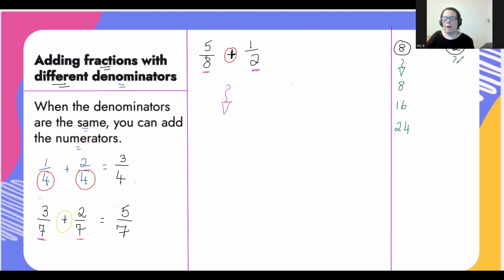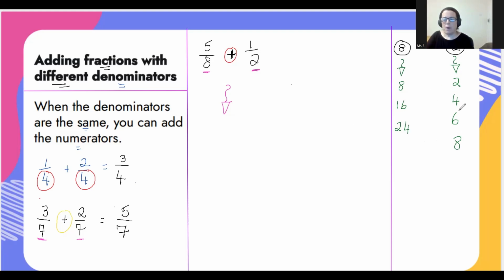I'm going to now look at my 2 times tables. 2 ones are 2, 2 twos are 4, 2 threes are 6, 2 fours are 8. And I'm now going to check